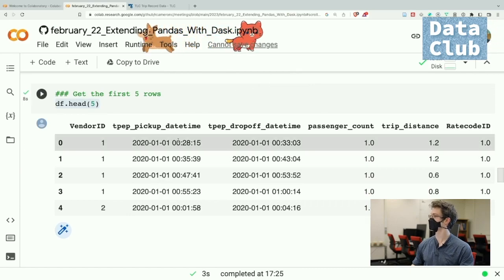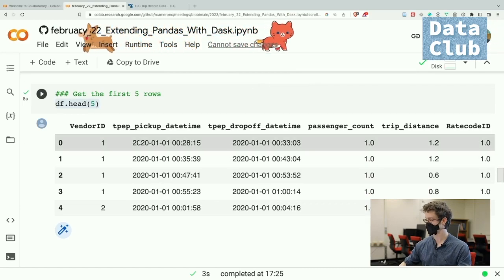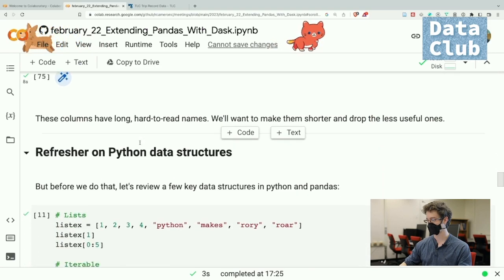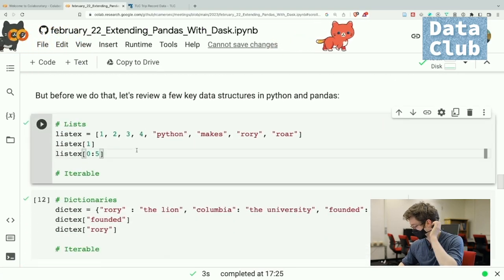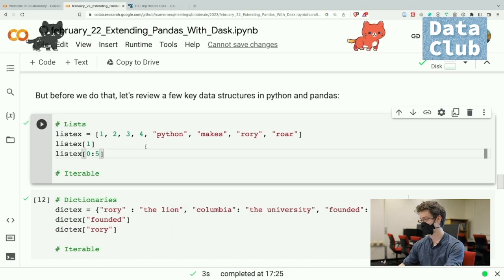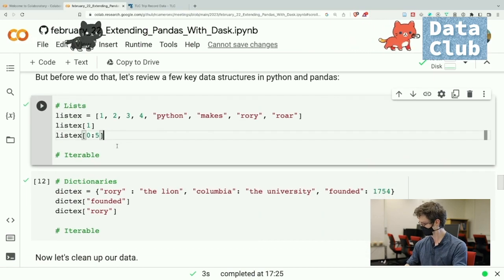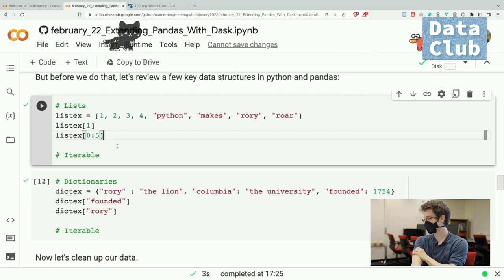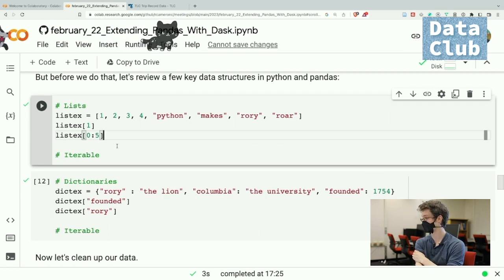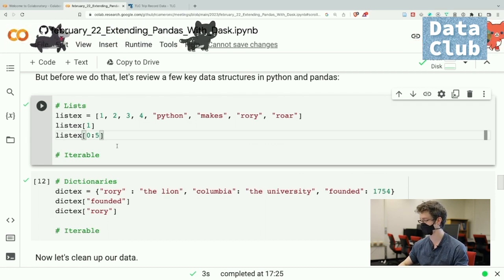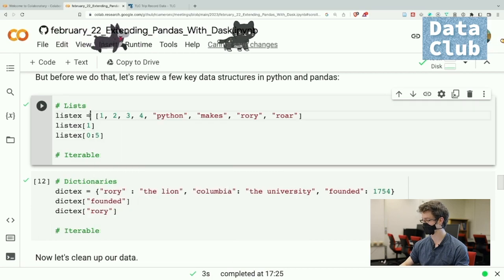0101 2815. Cool. Okay, so it's doing the same thing. We're going to do a little bit of data processing, and I'm going to bring back a few cells from last week just to review what these different data types are. We've done that a little bit already, but just as a refresher,